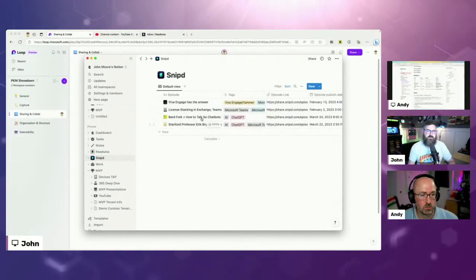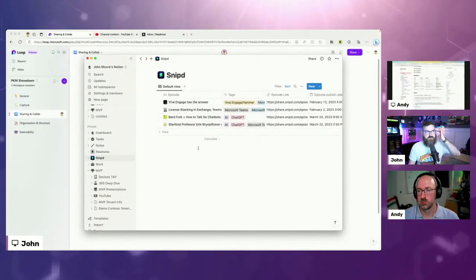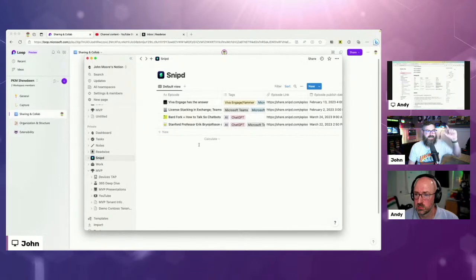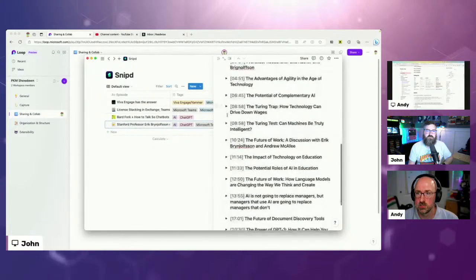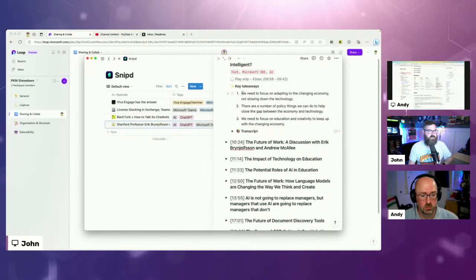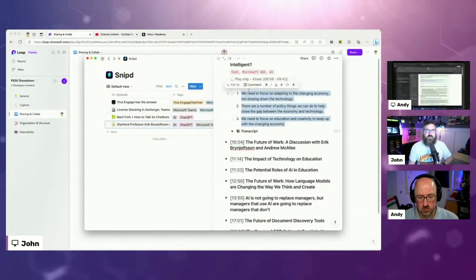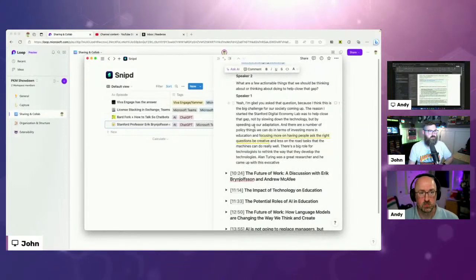My ingest for spoken stuff and podcasts is an app called Snipped. That's an iOS and Android app, and all my podcasting goes through that. As I'm listening, I can triple click my earbud and it will take a snippet. So I've got all of these little clippings from this particular article, and then I can go through and it uses GPT again to give me takeaways and transcribe what was said.